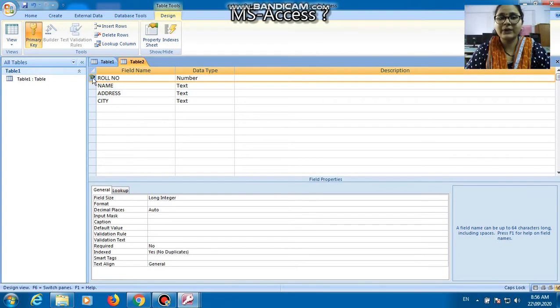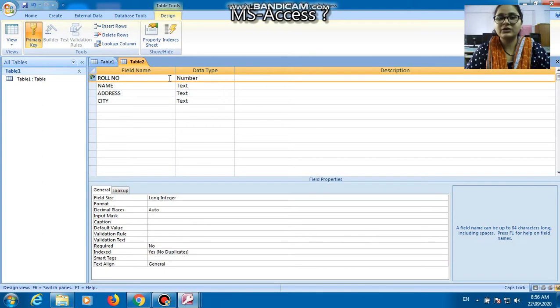How to give the primary key? Just right click here and here is the option primary key, or there is an option primary key in the design menu. Just click primary key. So automatically the roll number column becomes the primary key.